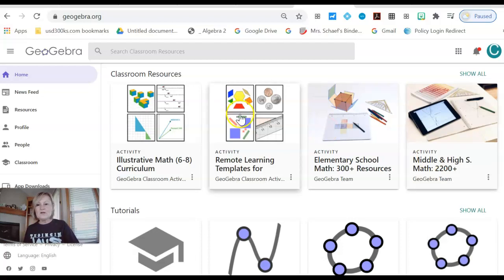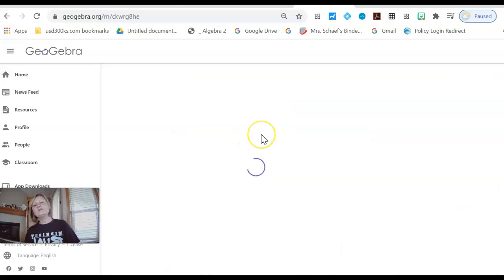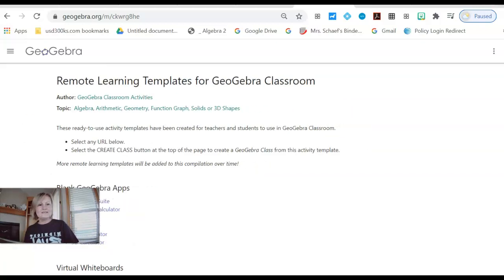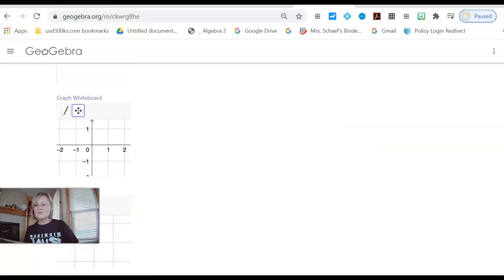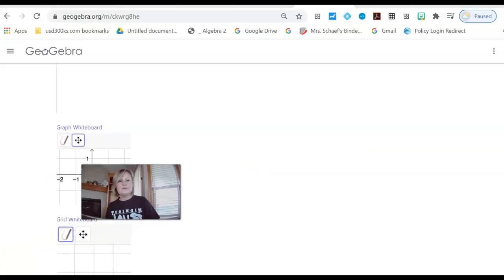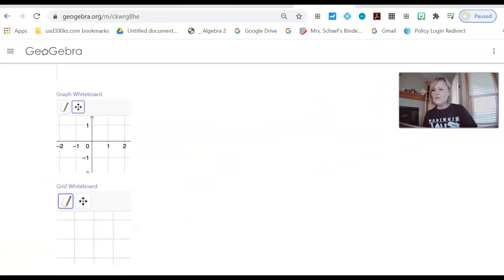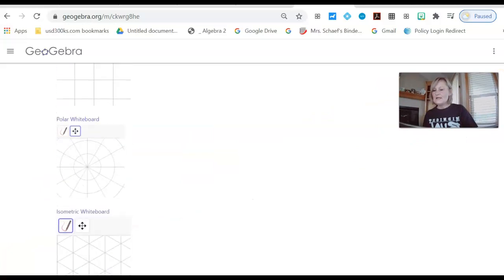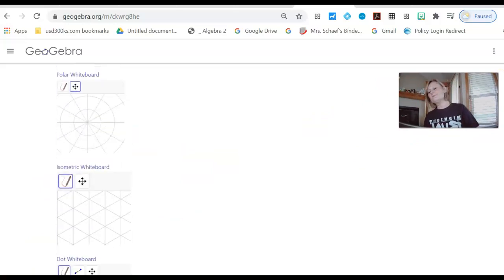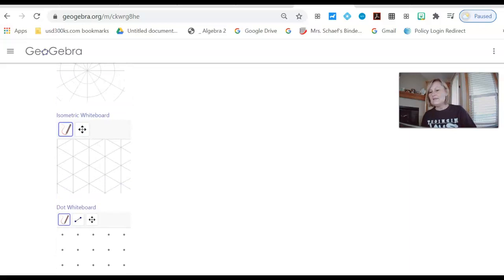So I'm going to go ahead and click this remote template. It's one that I showed in the elementary ed videos, whether you've watched that or not. But I just want to look at in terms of the high school portion of it. And again, there's your whiteboard, your graph boards, your polar coordinates on there. I like that, to me, the isometric paper and the drawing of that